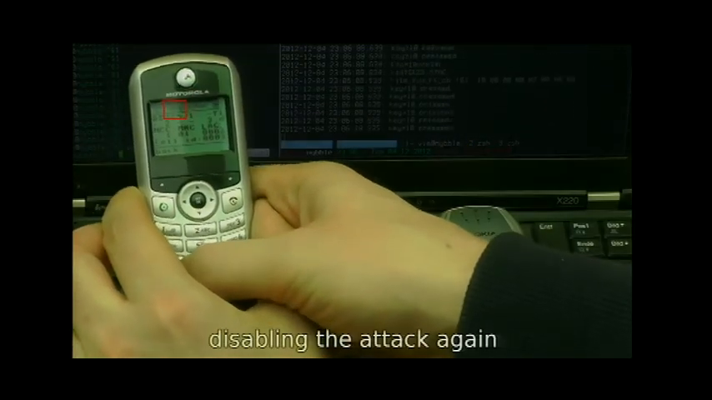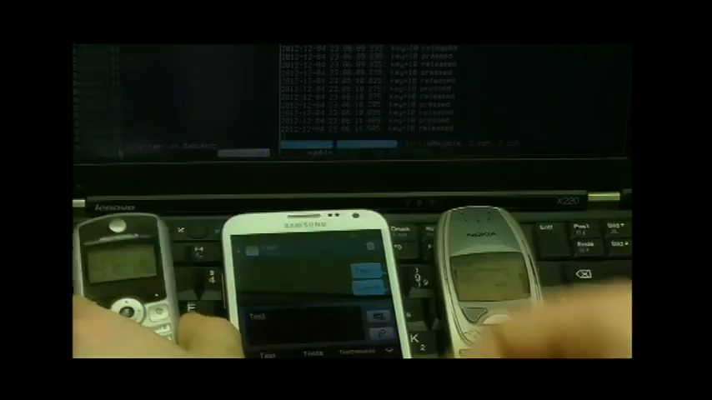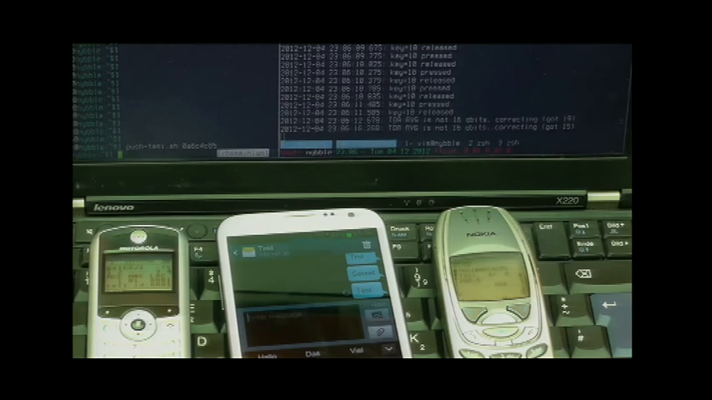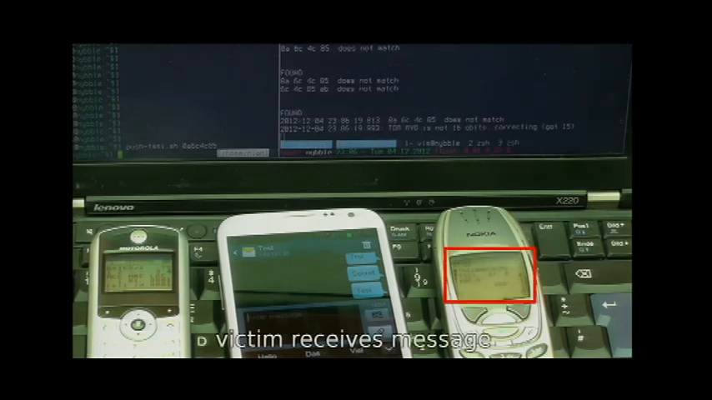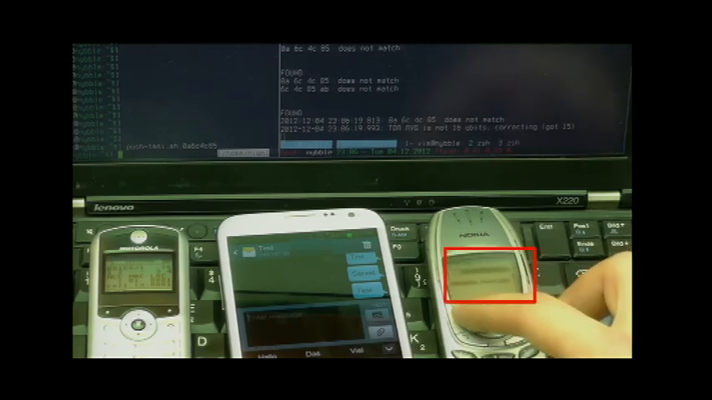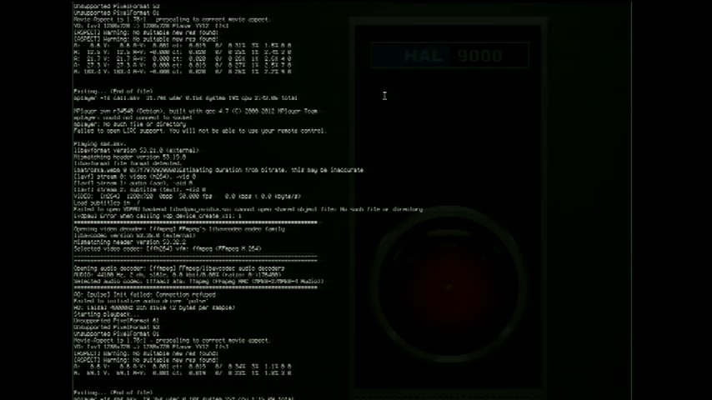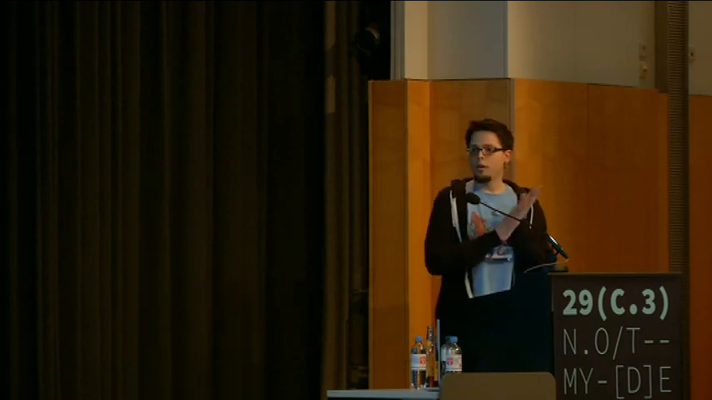So I disable the attack again, just to show that the phone is still able to receive a message. And the message arrived again. And just to point this out, I didn't sniff the message from the air interface and decrypt the traffic, but I really grabbed the SMS message so that the victim never received it. So I said that